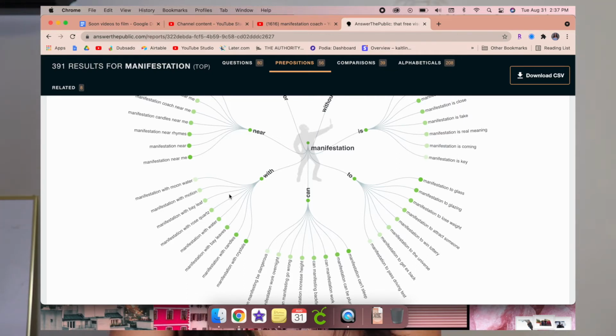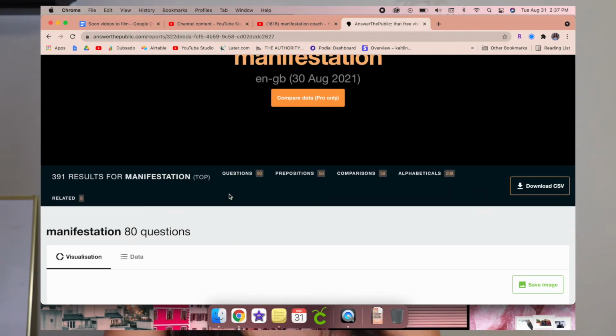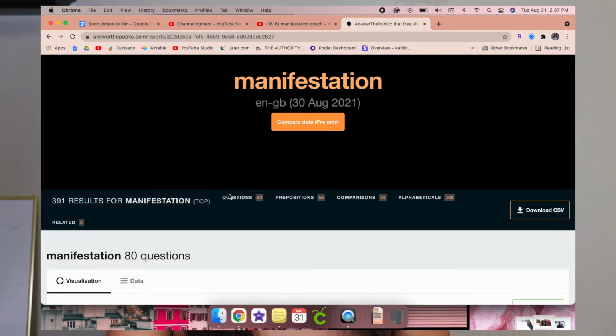So you can do that, and if you need more ideas and this isn't enough, you can type in another word and see what that comes up with. And with those ideas, you're going to be typing them into YouTube so you can see how TubeBuddy rates them, and you can see if videos are being watched in that subject, being watched with that title, everything like that. It's a lot of great things that you can do.